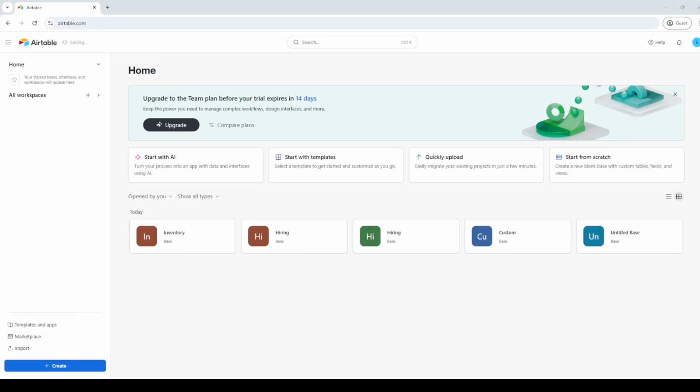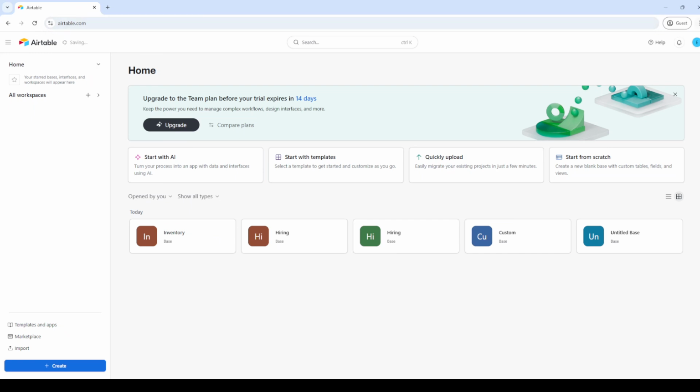In today's video, I'm going to teach you how to navigate through Airtable to set up automations and streamline your workflow effectively. Whether you're new to Airtable or simply need a refresher, these steps will guide you through the process smoothly. Let's get started. First, open your web browser and go to Airtable's website, which provides intuitive interfaces for creating